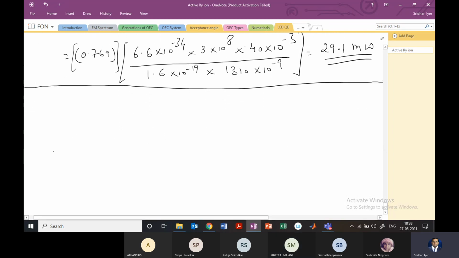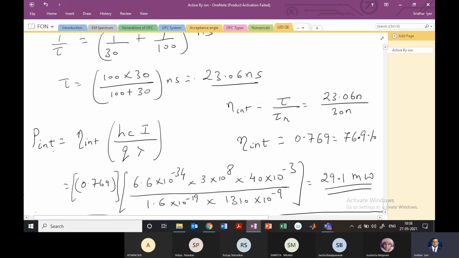In terms of LED, the advantages are many. It has a simple design, simple circuit. It is very easy to manufacture. You just take those alloys and make a heterostructure. Cost is low. That is why you would prefer an LED. It is also reliable. For our labs also, we use it, and in your project you'll also be using LEDs.